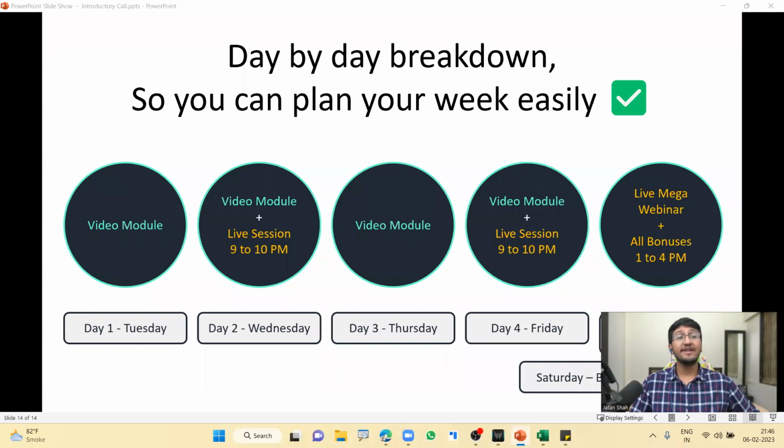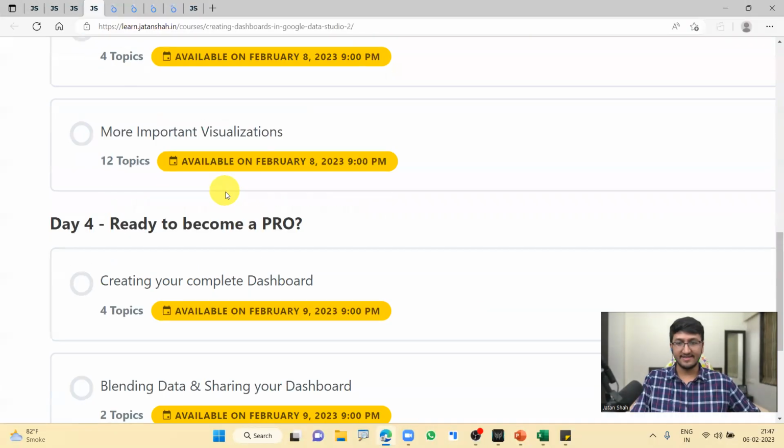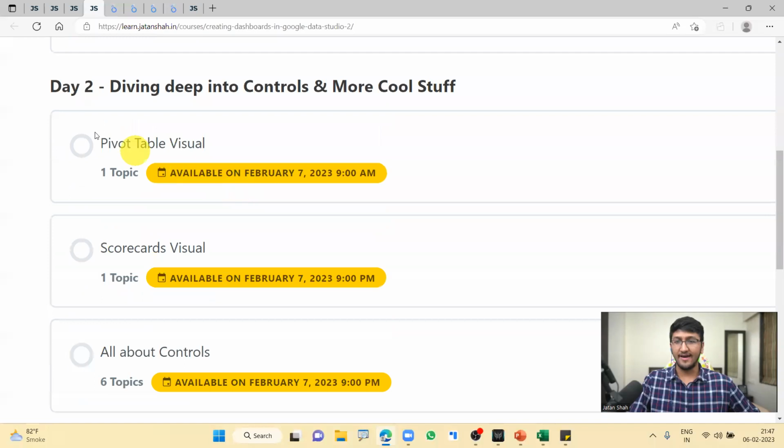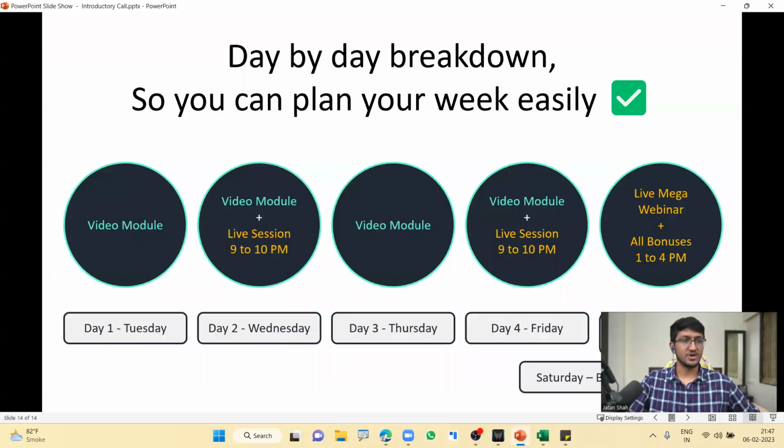Will you be learning how to build pivot tables? Yes, dashboard has a part where you can build a pivot table within a dashboard. You will learn how to do that as well in day 2 of the entire workshop. If I just show it to you all, have a look at this, guys. If I just move on to this pivot table, see this day 2, the first topic itself is pivot table. So you can learn that. Okay.